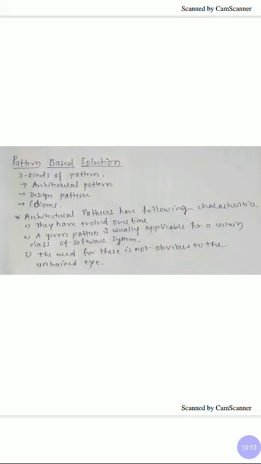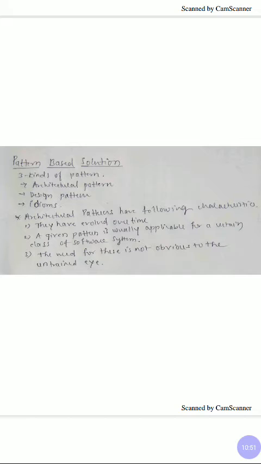There are three kinds of patterns. We know that from high level to low level we have the architectural pattern, design patterns, and the idioms. Architectural pattern is going to describe the overall structure of the application. This is a higher level design here, and design pattern is a middle level pattern. It is concerned with the subsystems in the application, and idiom is concerned with the implementation part here. First, we'll see the architectural pattern.